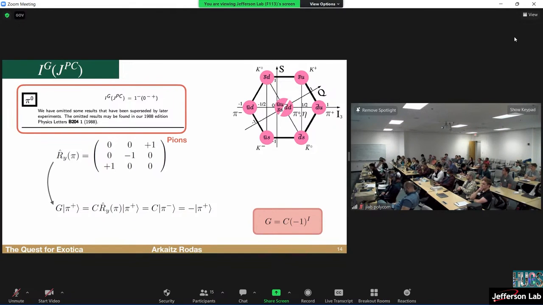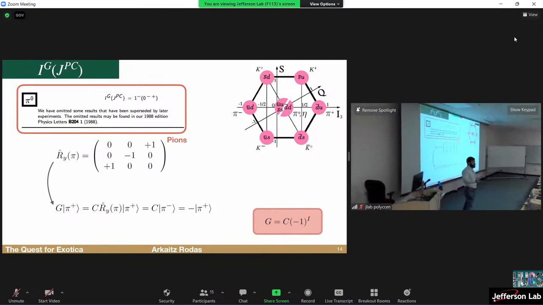Okay. So in principle, you put all the numbers that can classify all of them. And then some of them won't have G parity, for example, so it won't be a good number. But yes, if you knew C and if you knew the isospin, then of course G parity is trivial. So the idea is that for some states it's very easy to see where they're decaying to with an isospin and G parity combination. And also because this is only a sign flip, I'm pretty sure that you could have complicated systems where different isospins give you the same sign for G parity, right? So it'll not be redundant unless you have it right.